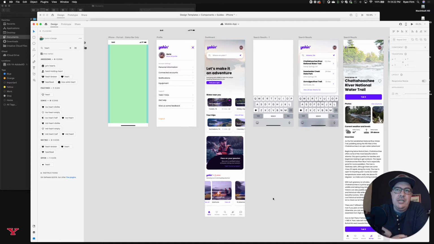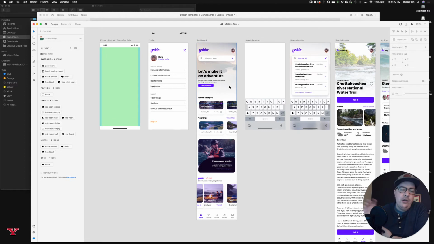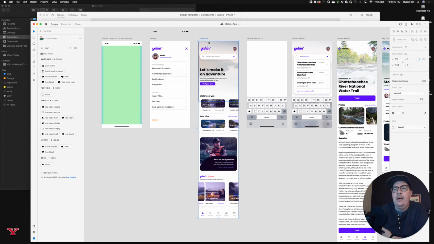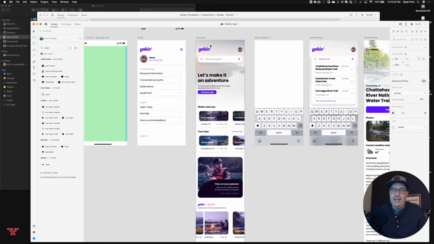If you were actually prototyping this in XD and creating that clickable prototype, you would be able to see that interaction there within XD, but we're going to be porting it over into InVision again. And so it's helpful in that way to think about what the user is going to do, where they're going to click. And for me, I started here with the dashboard,